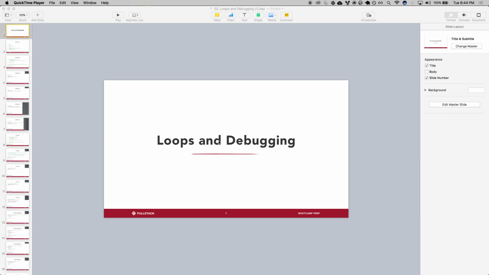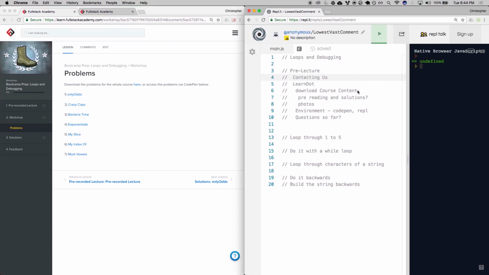But before we jump into the lecture, I always like to do a little pre-lecture where we do some housekeeping. I will take questions about anything, and then I like to give you a few problems that demonstrate where we're headed. So as we move into the slides, you kind of already have a visual